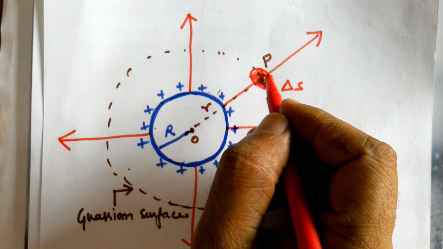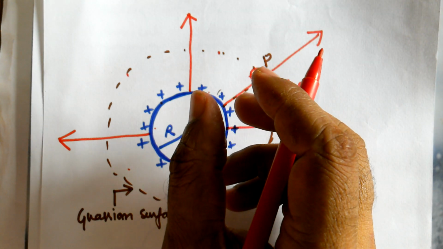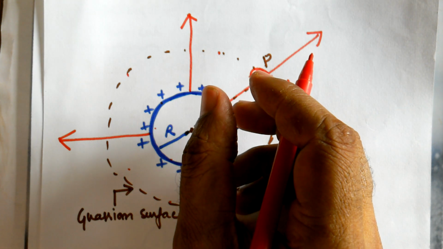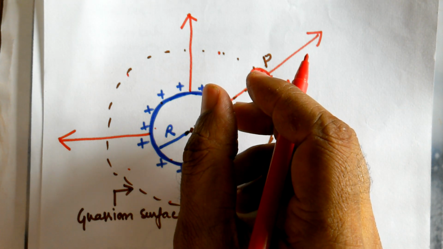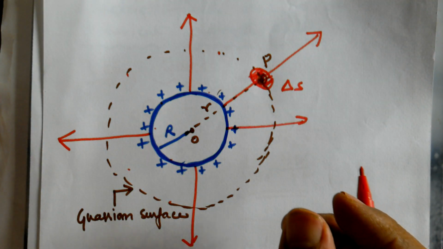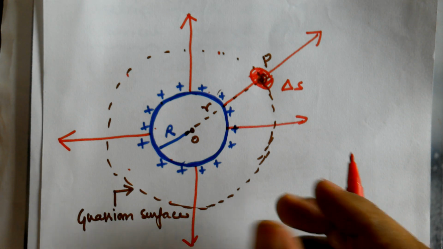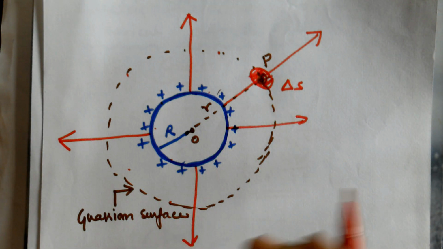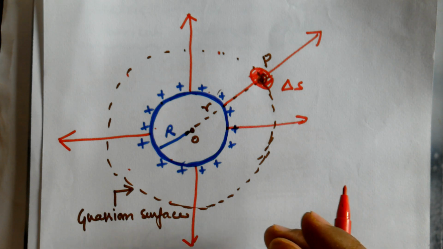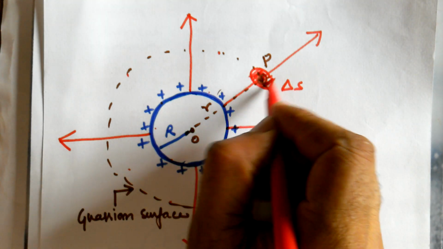If you have a football, what is the surface area of the football? Take a small piece of the football. It is a pentagon or hexagon in shape. Take that area and find the area of the small piece. Then count how many such surfaces there are in the football and multiply by the area of one surface. The number of pentagon surfaces on the football times the area of one gives the area of the football. So in order to spread this throughout, I will take a small area.